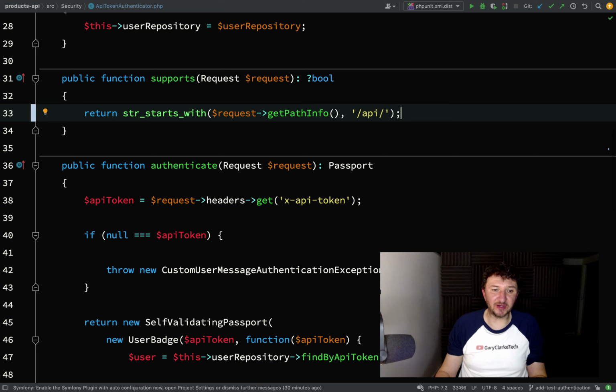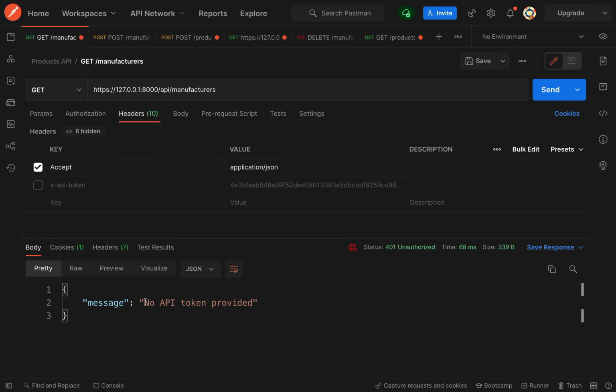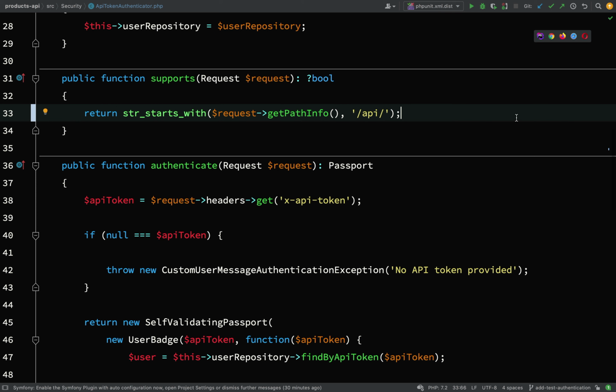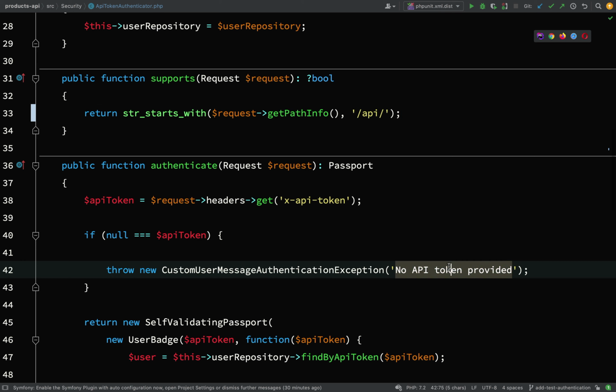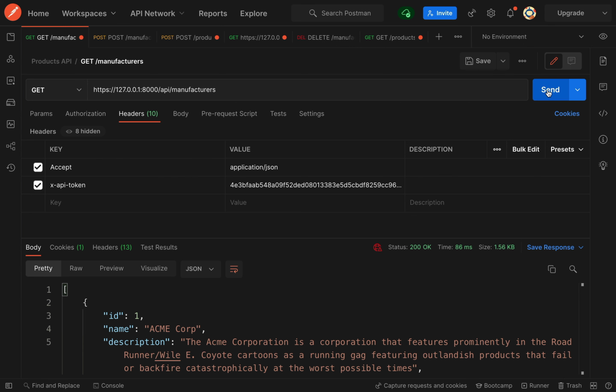So let's go and fire off this request again. Okay, so this time we're getting no API token provided because I didn't uncheck the box, but what we do know is that it's got past this stage. This has returned true. Our path does begin with API, and so now it's got to here. So we have that catch-all. If we don't have an API token header, then it's still going to fail authentication. So we'll put this back to the way it was,